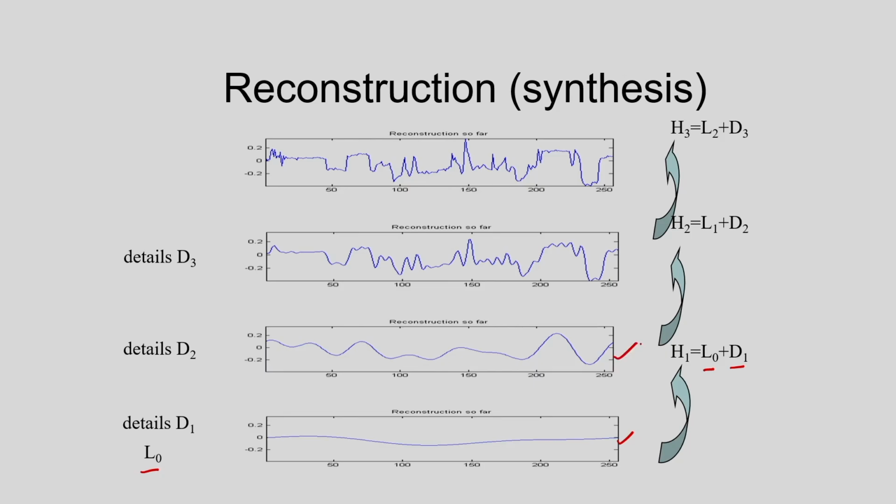So this is the reconstructed signal. After this, the detail information D2 is considered, that means L1 plus D2, and like this I am considering more and more detail information to reconstruct the signal. So by considering the low frequency information and the detail information D1, D2, D3, I can reconstruct a particular signal. That is called synthesis. In the case of analysis, I can represent a particular signal by the low frequency information and the high frequency information. In my last class I gave one example, and I want to give the same example here.